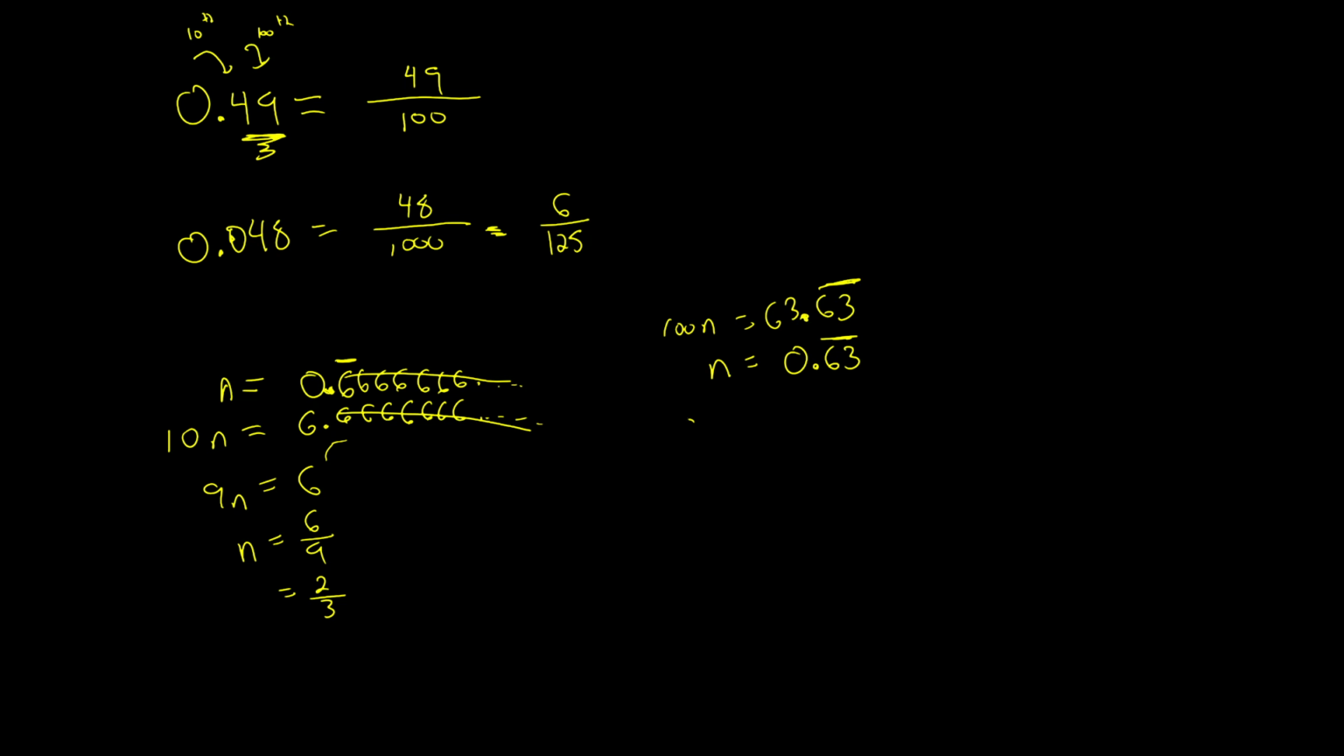And so I'll subtract these. 99n equals 63. And so now I'll divide, and I'll get 63 over 99. Well, both of these are divisible by 9, and I get 7 over 11. Now I should note that was the one we used up above in the previous example. And so we have this way of going back and forth between decimal representation and